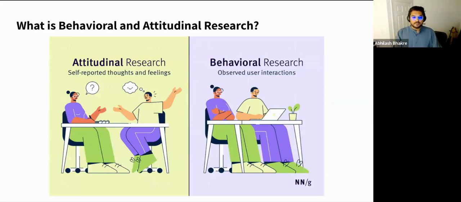So while you would be doing your qualitative and quantitative research, there are other subparts to it that you will end up working with. One is attitudinal research, and another is behavioral. Attitudinal would be the self-reported thoughts and feelings that they themselves give to you. And behavioral research would be you observing the user interaction. As I was mentioning earlier, the shadowing would end up in the behavioral research, where you will be observing